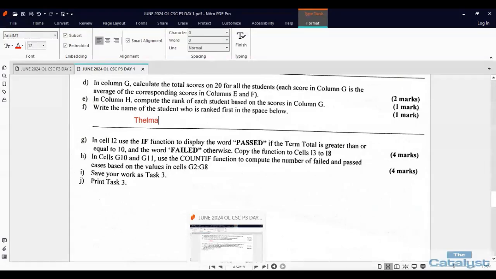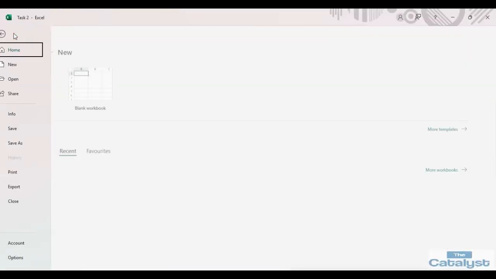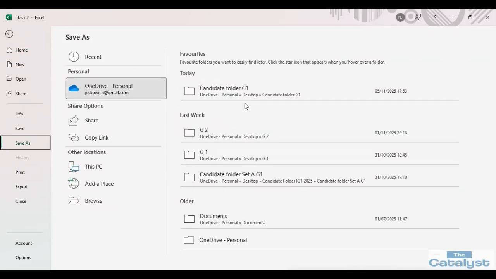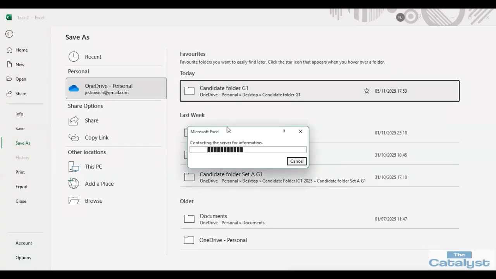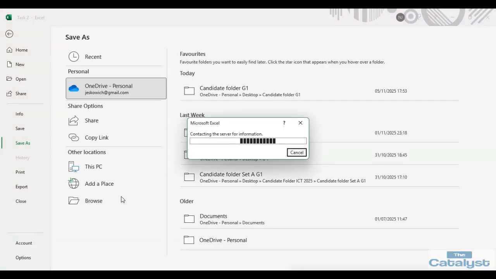And now, based on the values, okay, we have done that. Save as task 3. So this is task 3. Save this as task 3. Okay. So that is it for spreadsheets. We'll move to